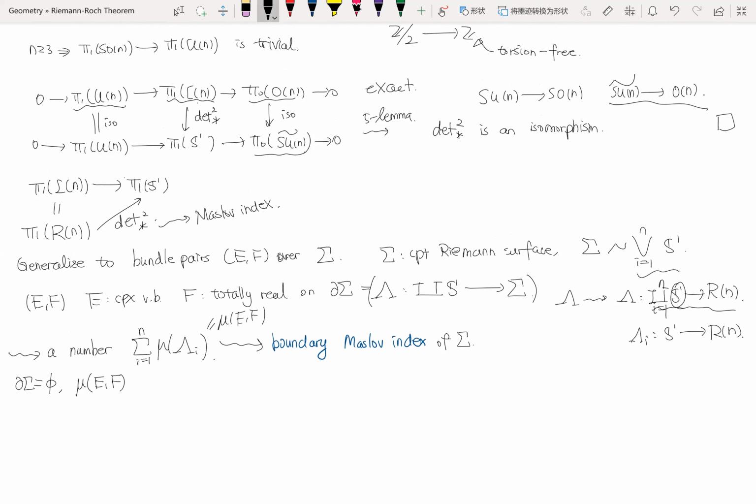We just set it to be 2 times the first Chern number of E. So it will coincide with the classical version of the Riemann-Roch theorem, but there are more reasons, because we will see that, for example, on a Riemann sphere, we can decompose it into a union of two disks,